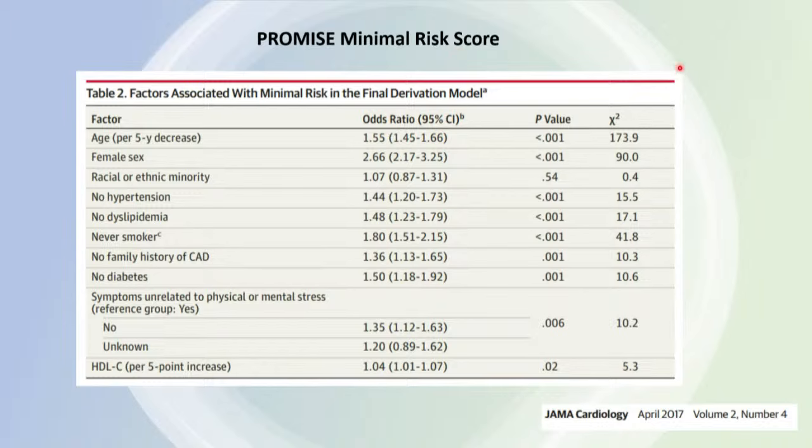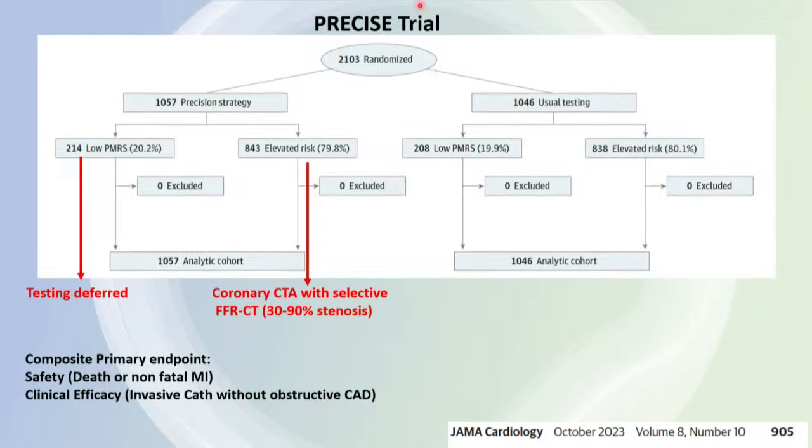I won't go over it, but this is a risk score that was derived from the PROMISE study. And this trial, which they call the PRECISE trial, these 2,100 patients were randomized either to this precision strategy or usual testing. Within the precision strategy, if the PROMISE risk score was low, testing was deferred. If this was elevated, they elected to go for coronary CT with FFRCT for any lesion that was 30 to 90%. And the composite primary endpoint was safety, death or non-fatal MI, or clinical efficacy, which is